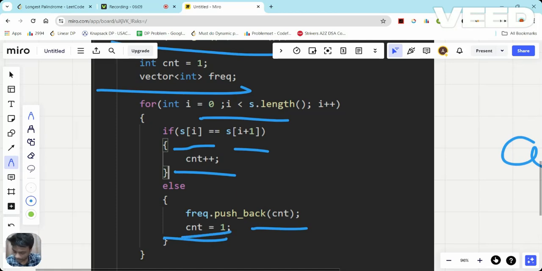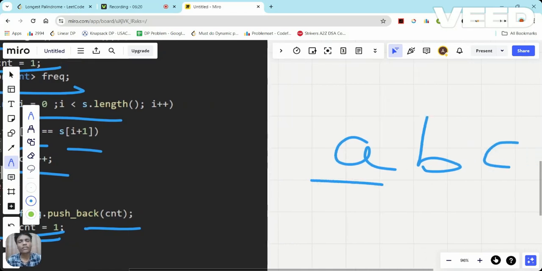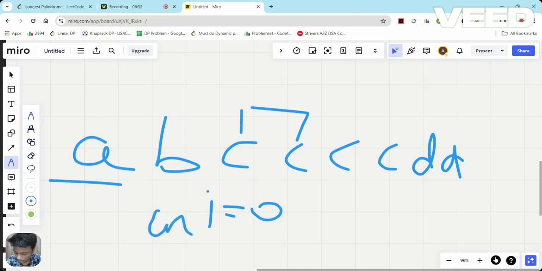Why am I taking 1 here and initializing it from 1? Because the frequency of any character would be at minimum what? 1. Here the minimum frequency of A is what? 1. So I'm initializing it from 1. Basically, if you see here, suppose I took i equal to 0, meaning frequency equal to 0. C equal to C, yes. Then the value of count comes out to be what? Now change it to 1.